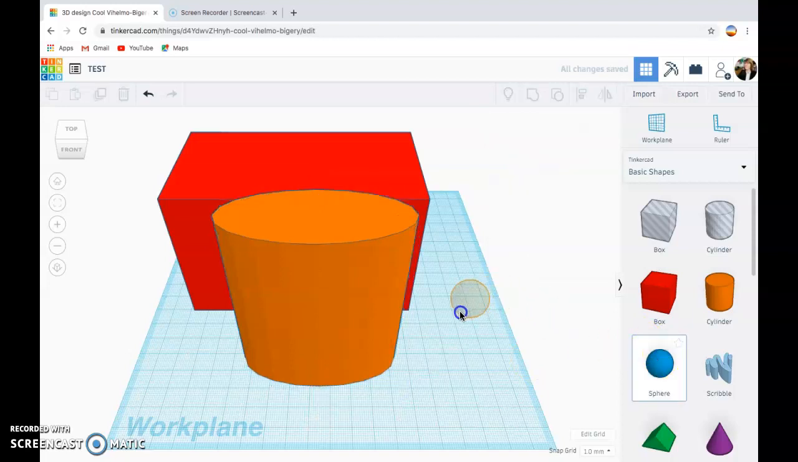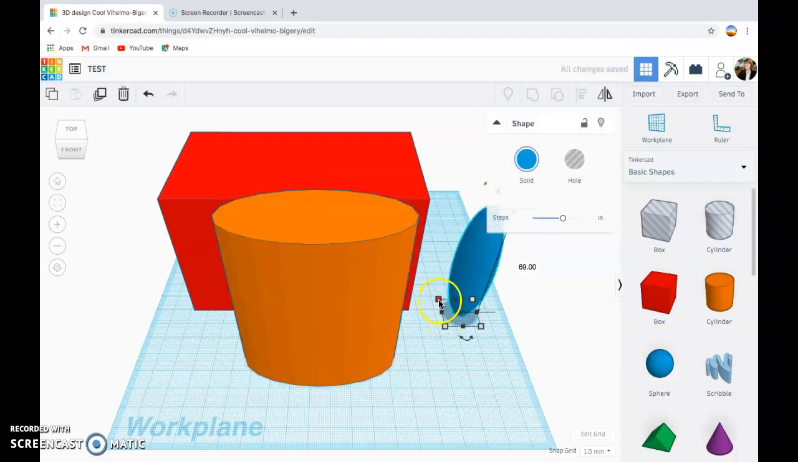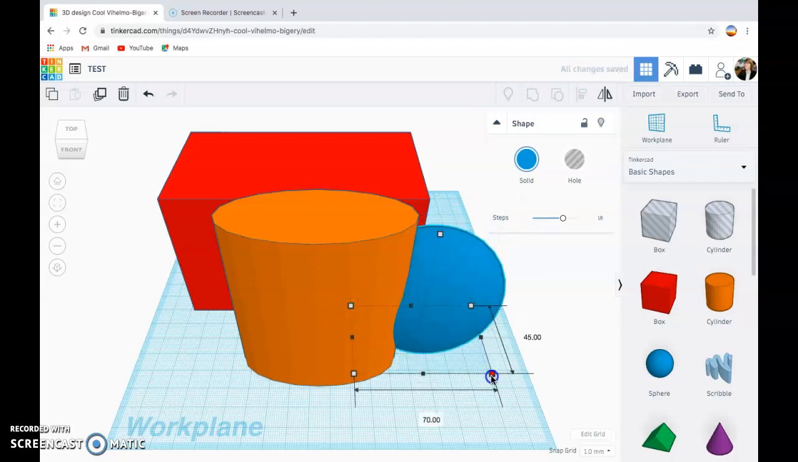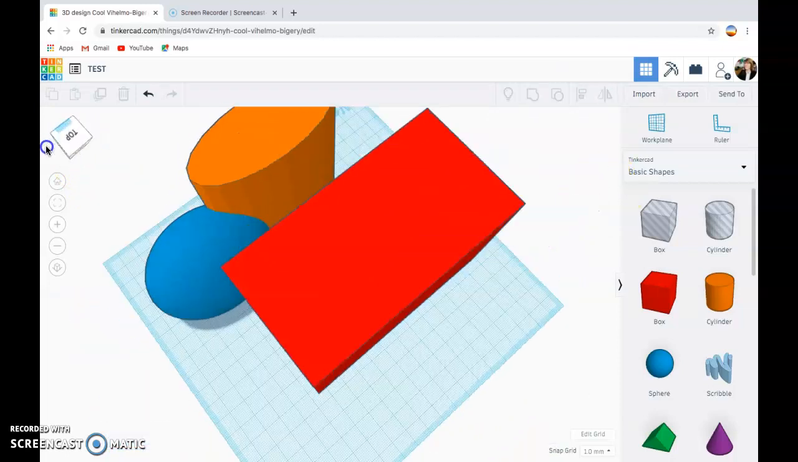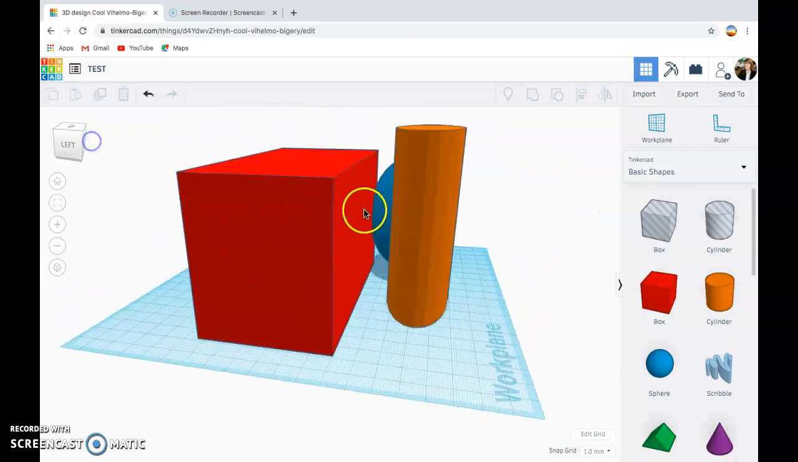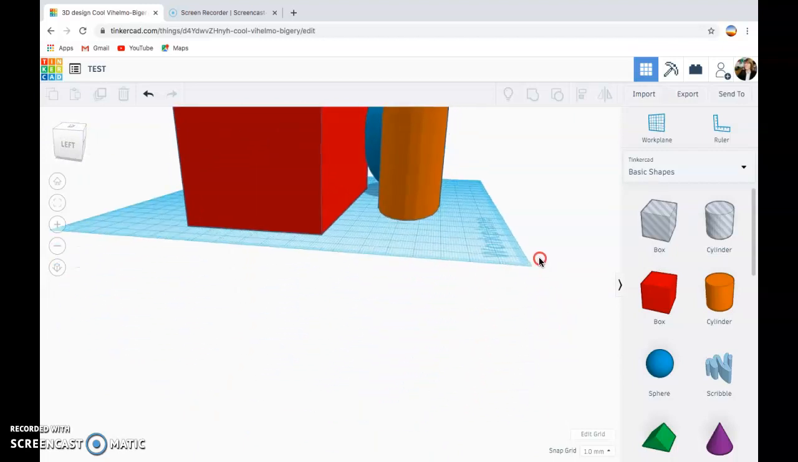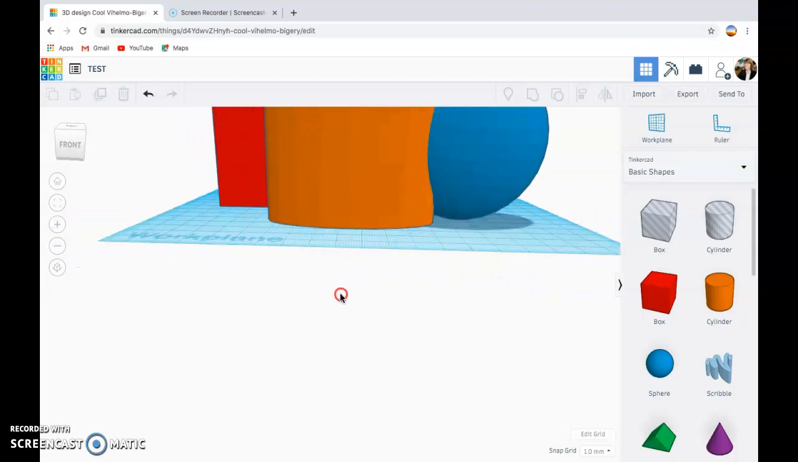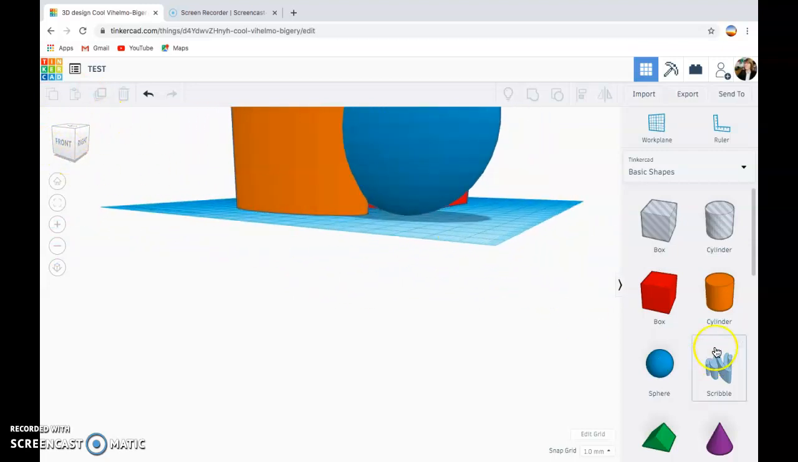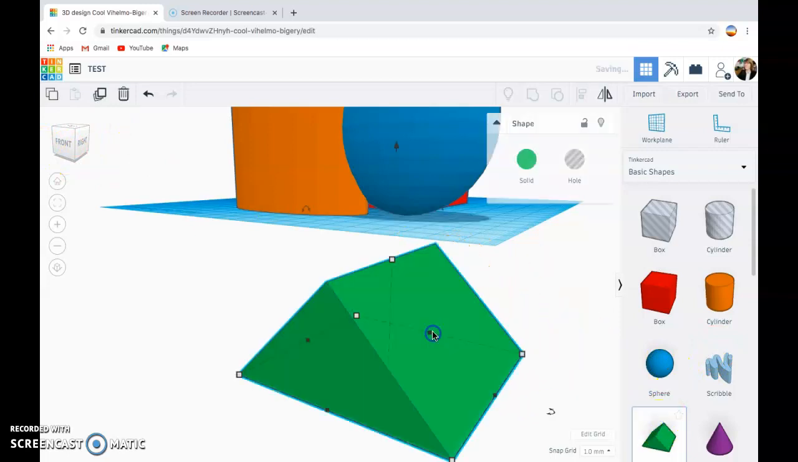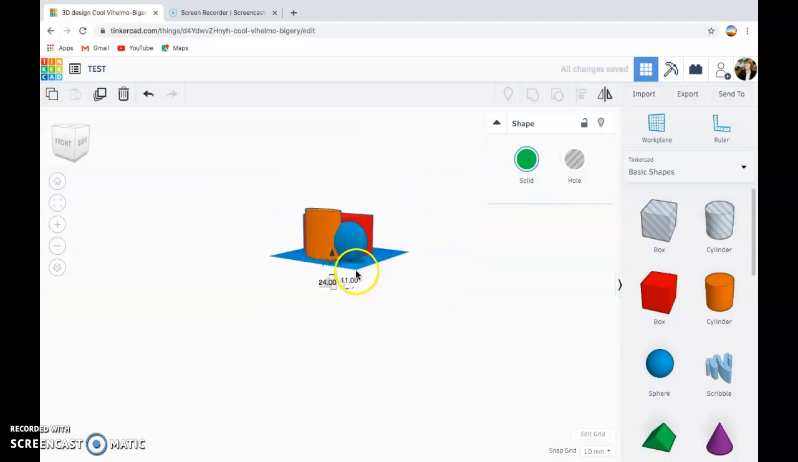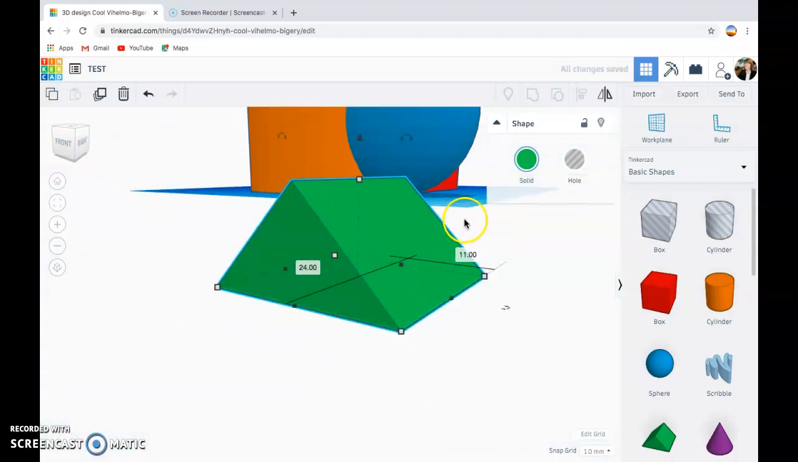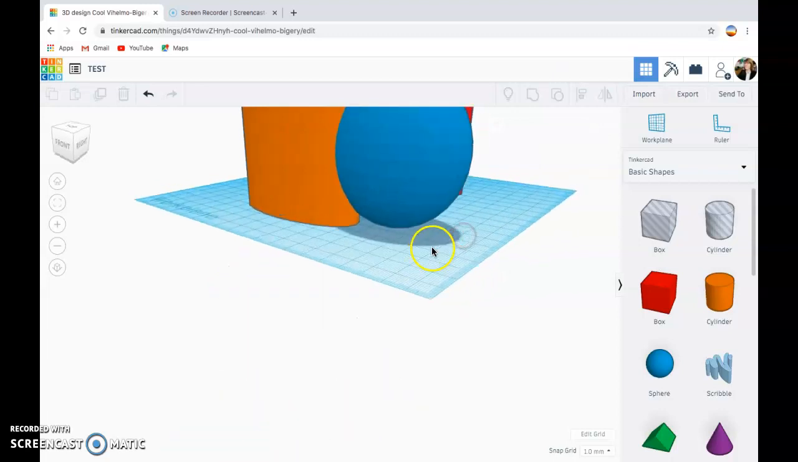I would get used to just practicing bringing in some shapes, changing the sizes of them, clicking off of them so all toolbars close, and rotating your work plane so you can see different views. I can lift my work plane, I can drag my work plane with my mouse, I don't have to use this area over here. Bring in another shape,